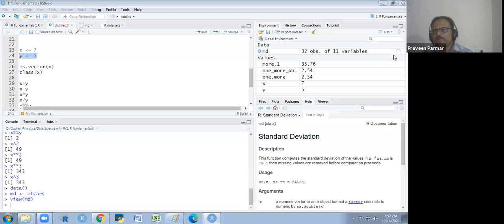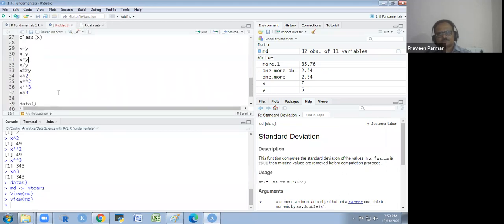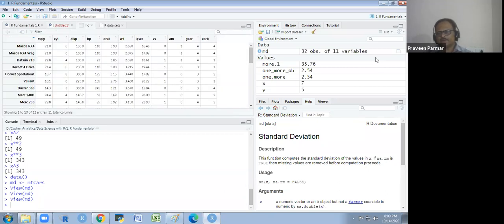We have two options to view the data. One, you could click anywhere here. Okay, I remove this first, and again I click anywhere, and you will get the data here. That is the first option. The second option, you could write View. V is capital here, it is a case sensitive language basically. And you write the data name, so we will again get this. Got it? You could use the syntax View, or you could click here. Does that make sense to everyone?